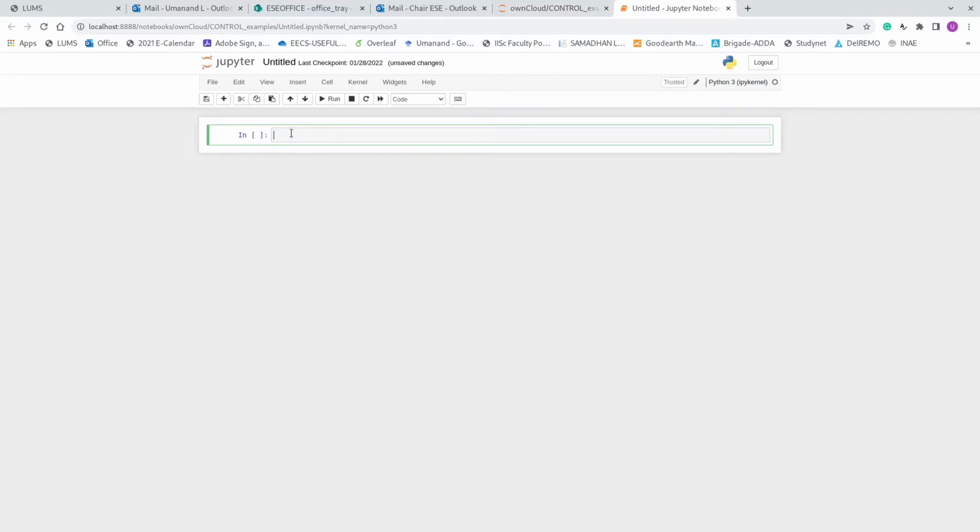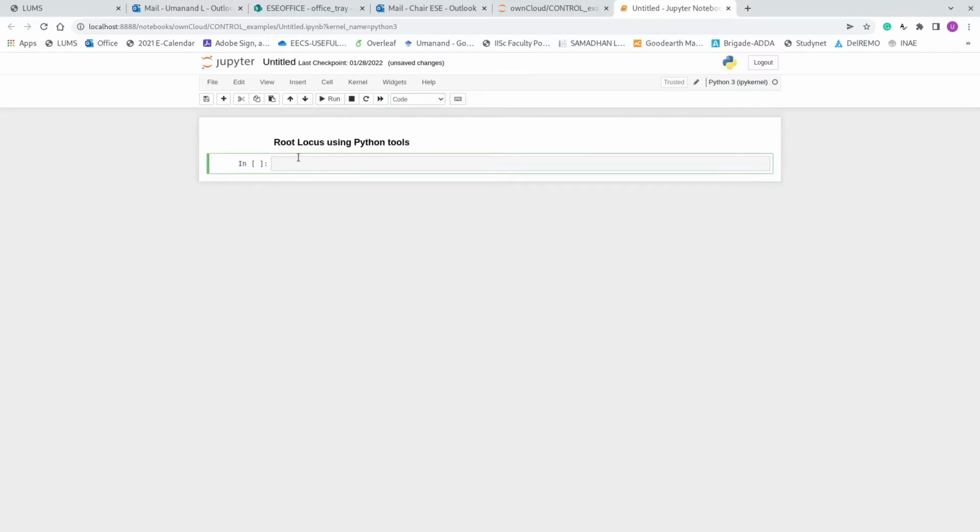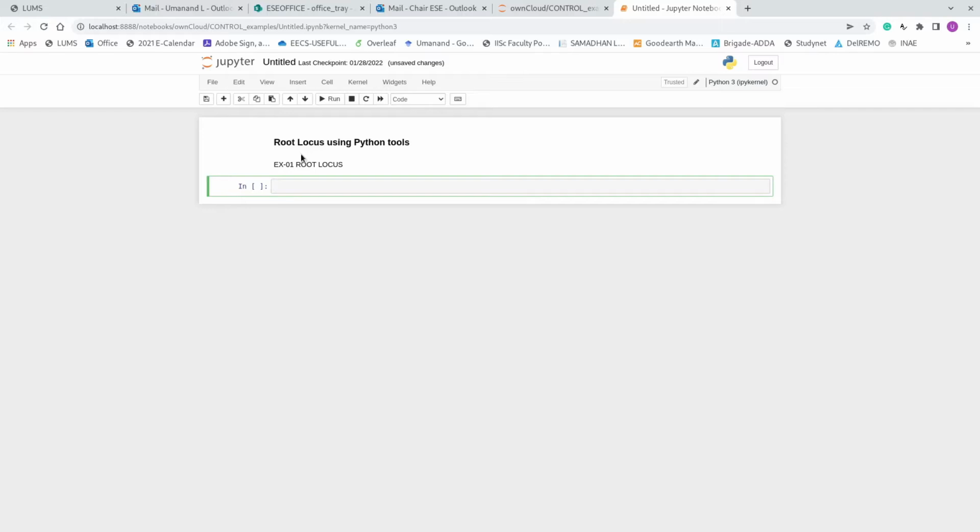Let me say we want to focus on root locus using Python tools, and I'll mark that down. So here we will say root locus example 01. So this is again markdown, and then we can start writing the code here.